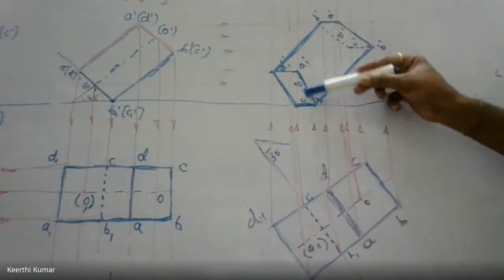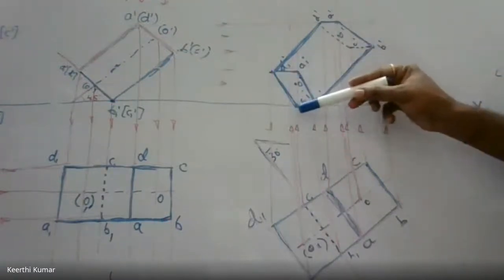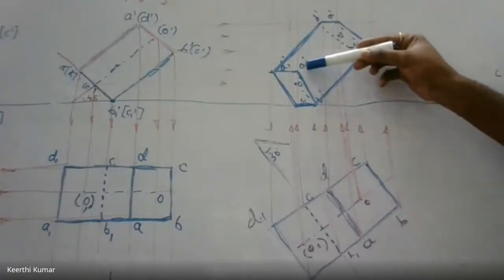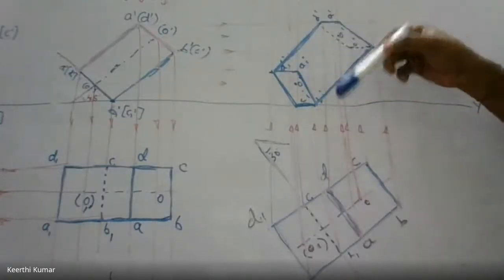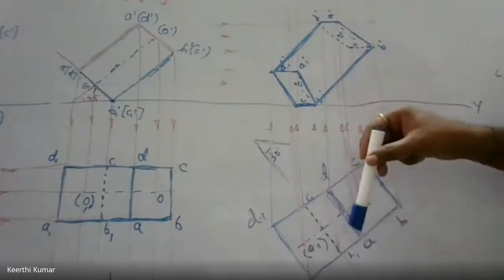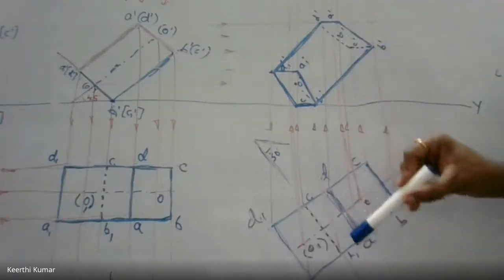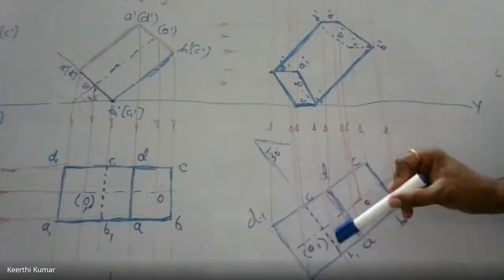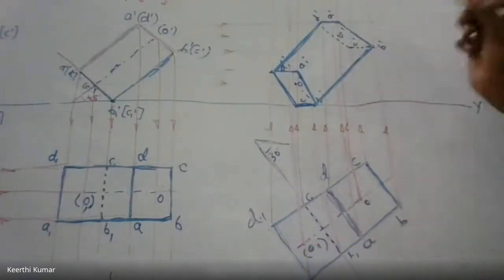Similarly, here also I did the same thing. D to C is outermost. C1 to B1 was outermost. But B1 to A1 had no connection, and A1 to D1 had no connection. For that, we checked this figure from the base. If I see this figure from the base, A1, B1, B1, C1, C1, D1 was the face nearer to me. So I connected with visible thick lines.